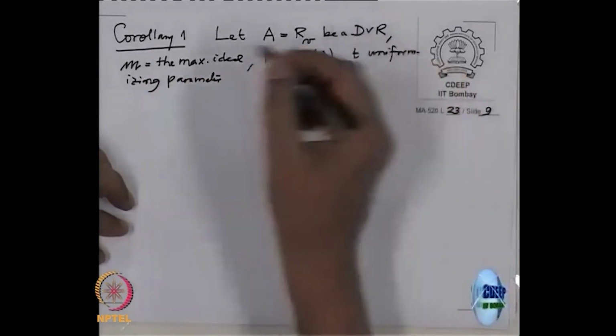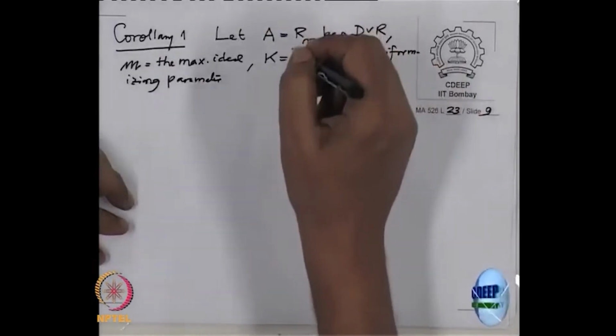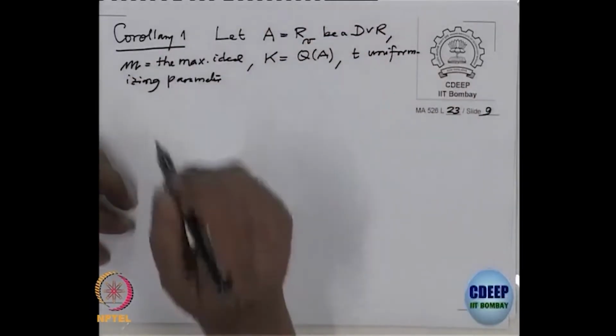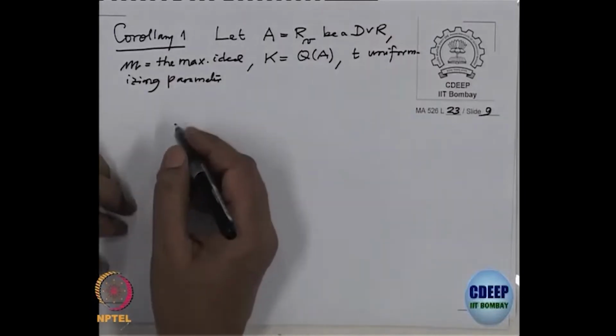So usually this is the data one gives: R_V, that is V, maximal ideal, uniformizing parameter. Okay, then: